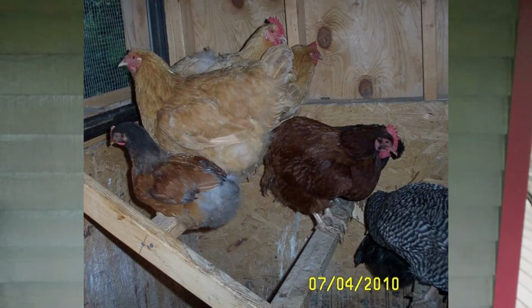But near the end of her life, I didn't have a lot of fertile eggs for whatever reason. And she went broody again, and I gave her eggs. Well, she only had like 3 eggs or something like that. I can't remember why I didn't have any more. But at the end, on hatch day, we were down to just 1 fertile egg. And I could tell it was in the air cell. I could hear it cheeping. And I thought, oh, Nugget's going to have 1 baby to raise. Well,